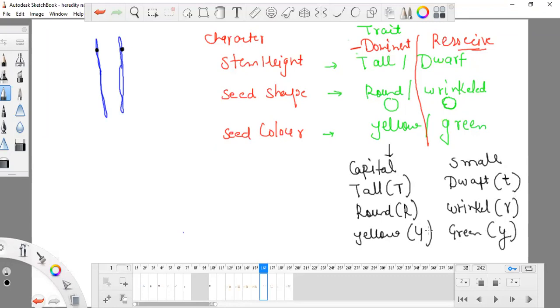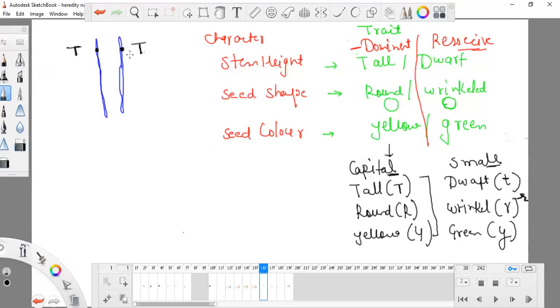But just try to remember that whether you write first or second letters of the alphabet, it doesn't matter. For dominant, you have to use capital, and for recessive, you have to use small. If you are writing this type of R, it doesn't matter, it is also very good, no problem. Just try to write these 3 in capital, and other than these write in small. You can write like this R, you can write this R. Doesn't matter.